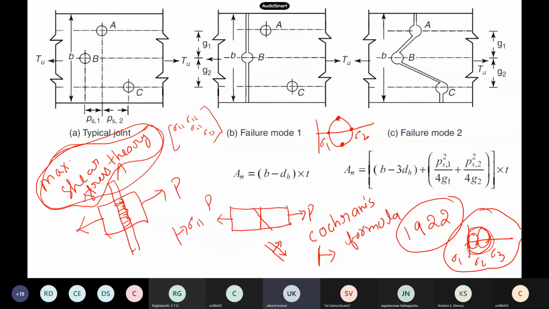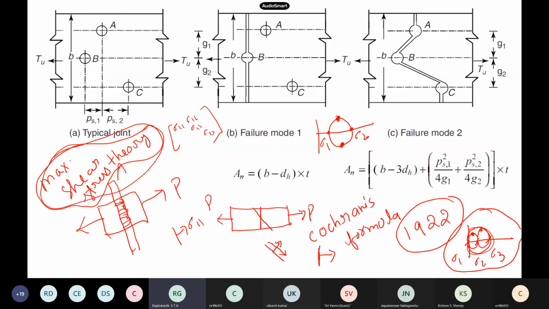Sigma 3 minus sigma 1 divided by 2. Excellent. Of course, you have other shear stresses also: sigma 2 minus sigma 1 by 2, then sigma 3 minus sigma 2 by 2. You have 3, but finally the maximum value is sigma 3 minus sigma 1 by 2. So what this theory says is, if the maximum shear stress reaches some limit, the material fails.